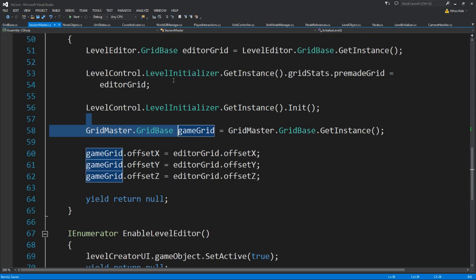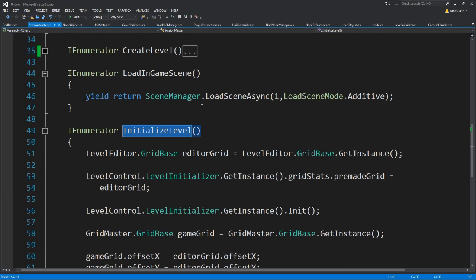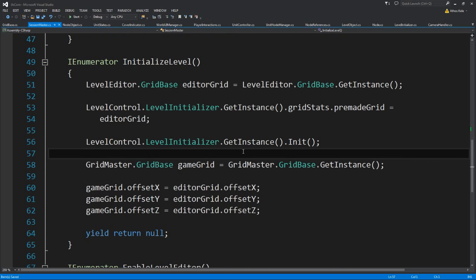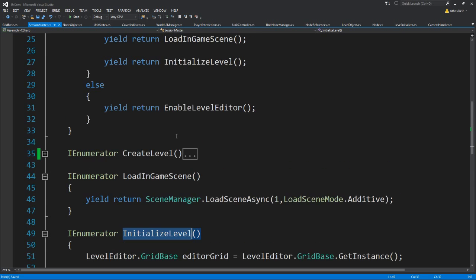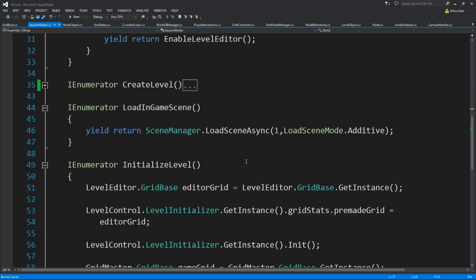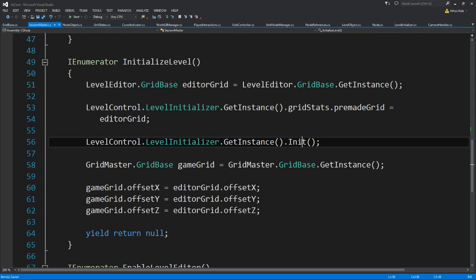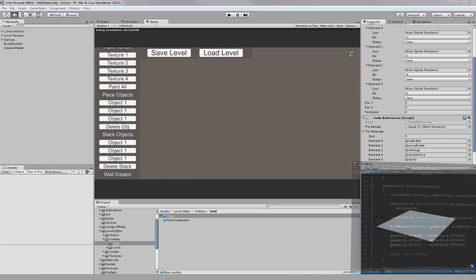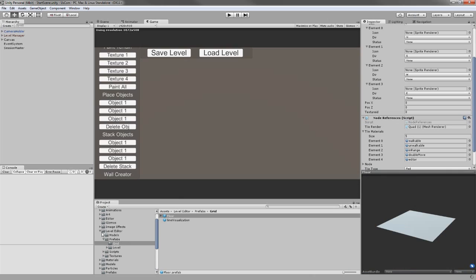So moving back to the session master or manager, whatever. We have loaded the grid we have previously made with the level editor. We have assigned that grid to the grid we are using inside our actual game. We need the reference to the game grid because we also need to assign the offsets we had on our editor grid. Then we simply call yield return null, and this comes back over here. Since we have set our level initializer to start initializing, that means you are ready to start playing the game exactly where we left it before,